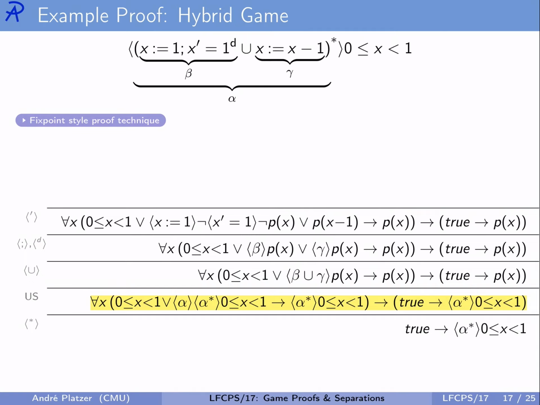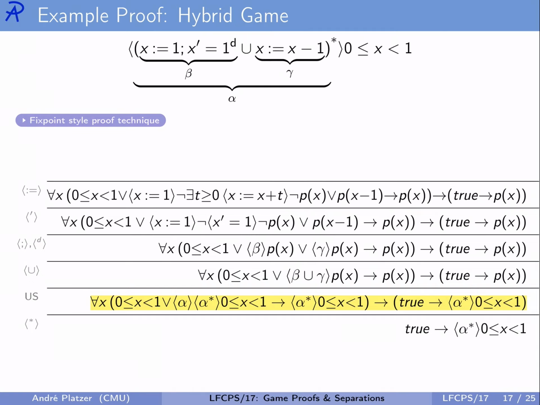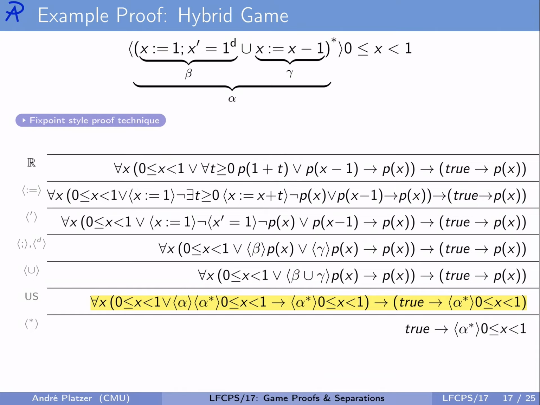Now we solve the differential equation here, which is of course easy to solve in this case, which is just there is a duration that we insert into x plus t, which is the solution of this differential equation, such that the postcondition not p of x is true. Now we plug the assignment in, so this assignment goes here, well that assignment goes there. So overall what we've got is the question with the not exists not flipped into a for all. The question whether p of x is true between 0 and 1,